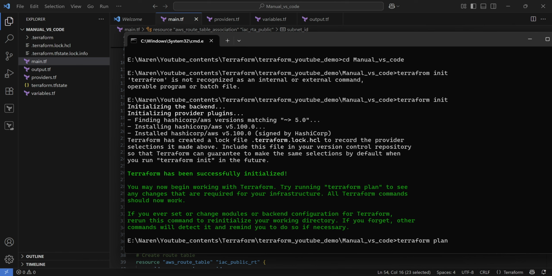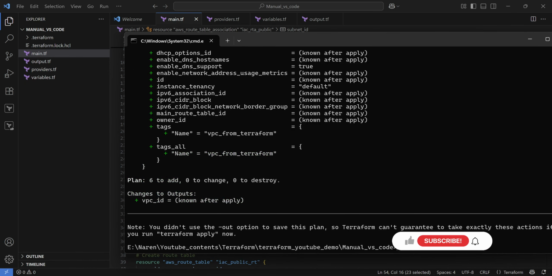It's not yet created, just a plan, and it will list out how many resources we are going to create on AWS. Just wait for the plan to appear on our console, and then after that we can run terraform apply. So now you can see we have 6 resources to add, 0 to change, 0 to destroy,